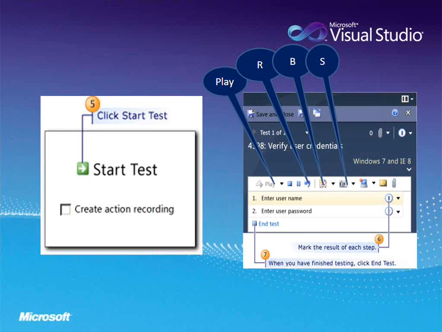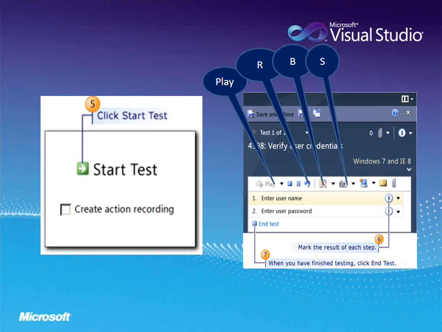At the time of running, if I find that a particular test case fails and I want to log that issue or bug, I can select the B option. This is called an actionable bug. At runtime only we can submit a bug, so we click on the B button. We can capture the snapshot of that particular error. You can even capture the entire system environment, that is, your system configuration, the configuration on which you are executing that particular test case. You can capture that also.